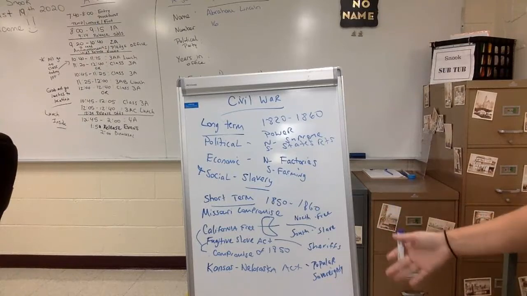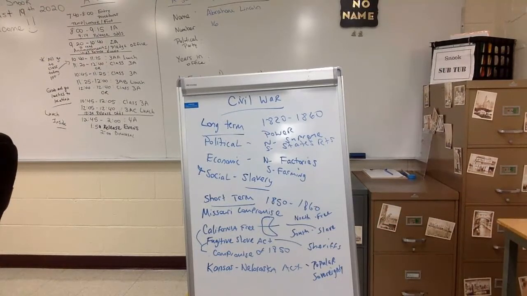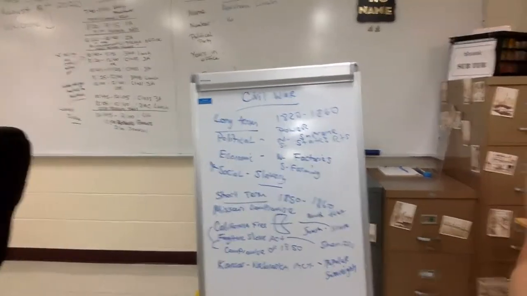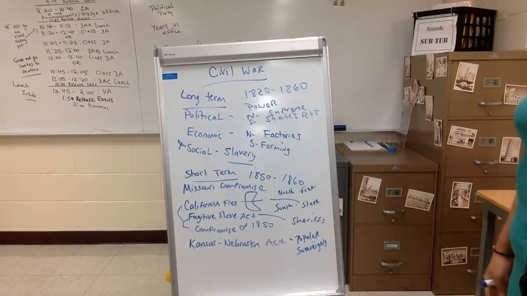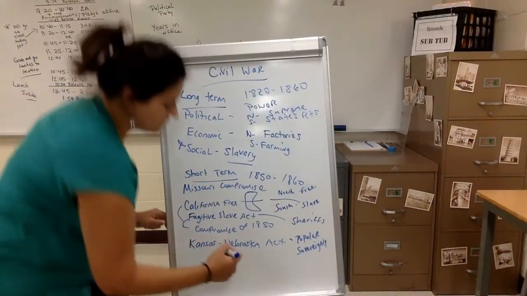So Stephen Douglas proposed, let's have the people in Kansas and Nebraska vote, and if they want to be free, that territory will be free. If they want to be slave, it'll be slave. It sounds like a fantastic idea, like all democratic and stuff. It is a terrible idea, because what ends up happening is basically by the time we get to 1854, we